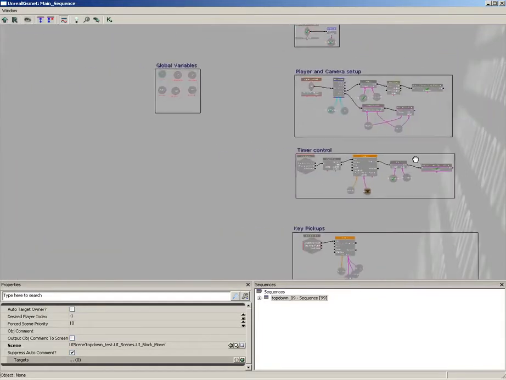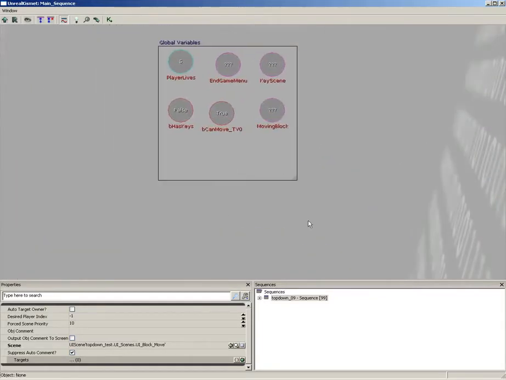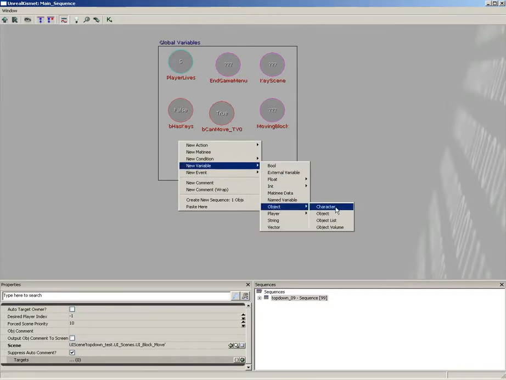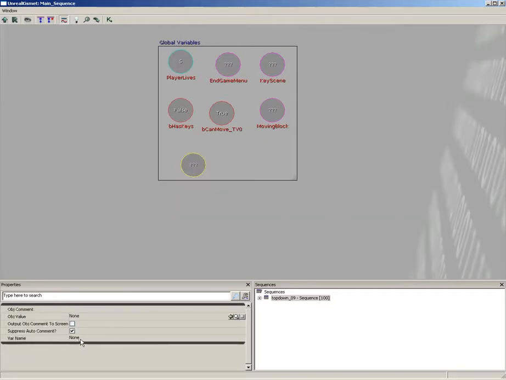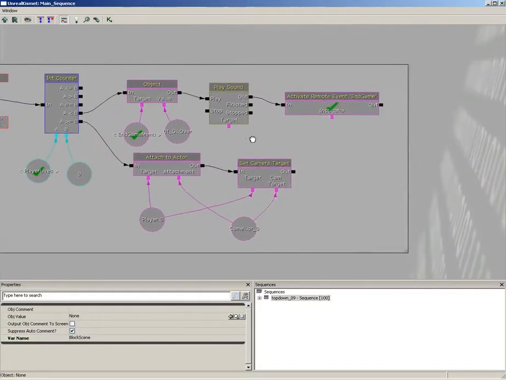So I'm going to start off by jumping over to my global variables, and I'm going to create a new object variable. And we'll set the var name to block scene. And we'll fit that in like so. Now, back over here,